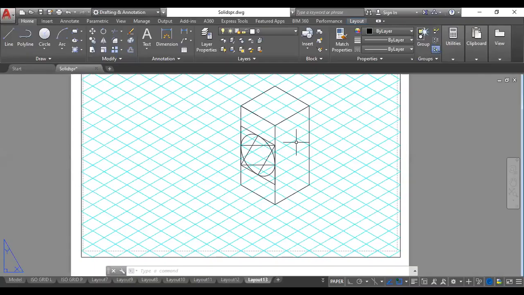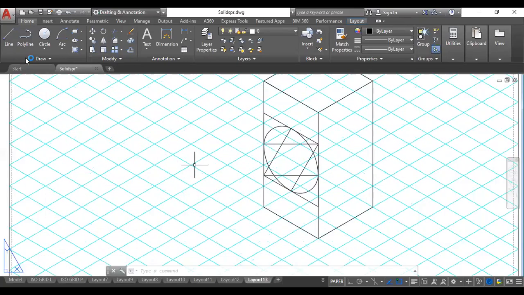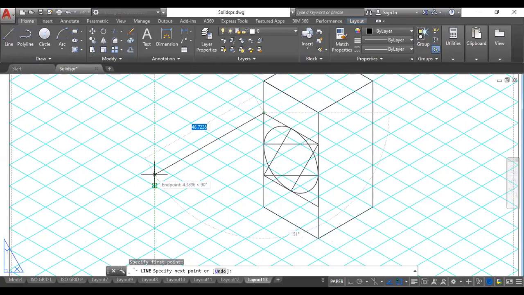Okay. Now, one more thing is, instead of taking this center and drawing the axis, I can extend the lines of the boxes at a line of 60 mm, and I can construct one more box here. So let me show you how it is done. Simple way. From here, I'll go 60 forward. So this will be 1, 2, 3, 4, 5, and 6. So 60 would be here.